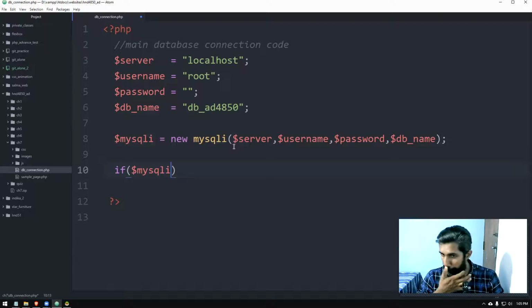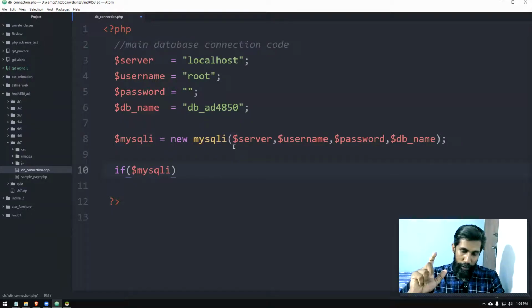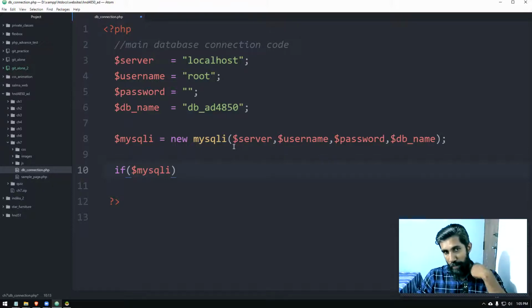Earlier we had MySQL, now we have MySQLi, which means MySQL improved. With the version 7 which is introduced, the support for the previous type of database connections has been dropped in PHP. So don't try to use it like mysql_connect and try to get connected. It won't work because in the latest code, now we are using PHP 7 plus. So in that one, this is the new way to do it. So always you have to use MySQLi, not MySQL, right?